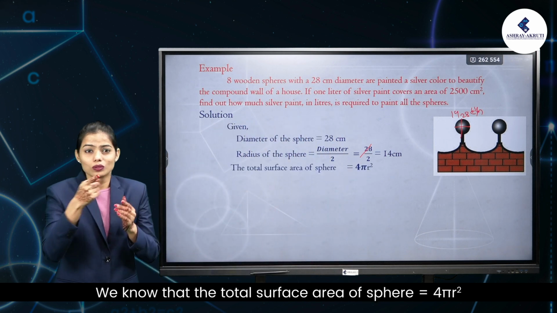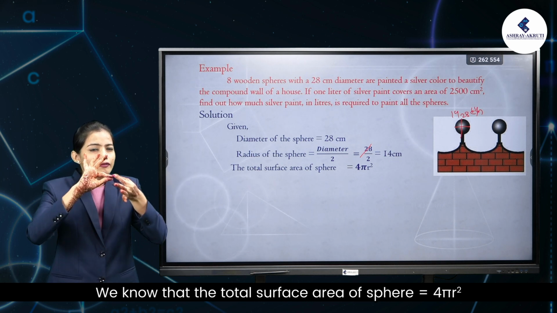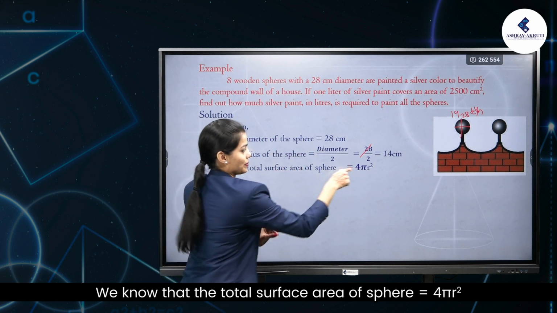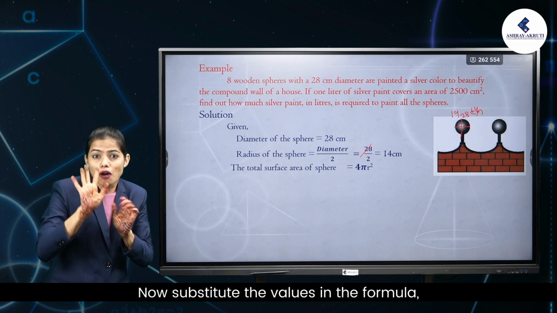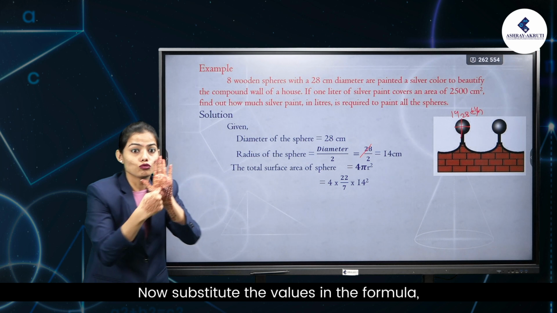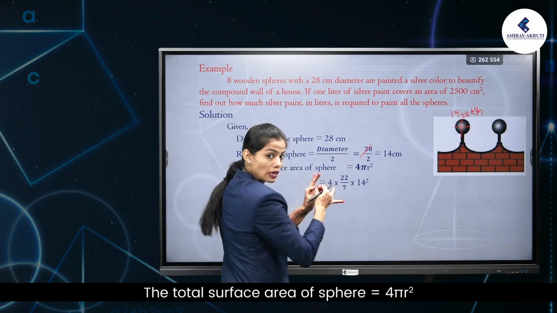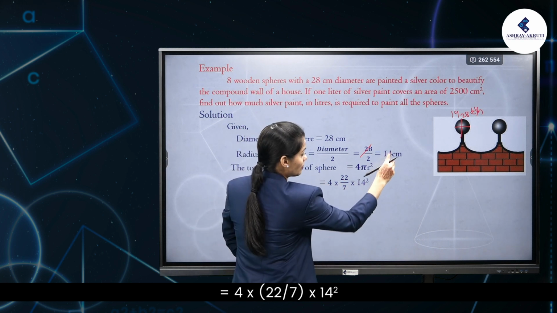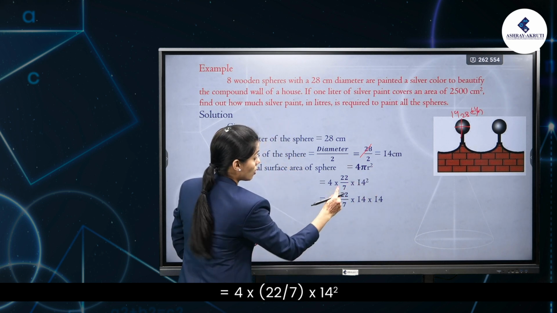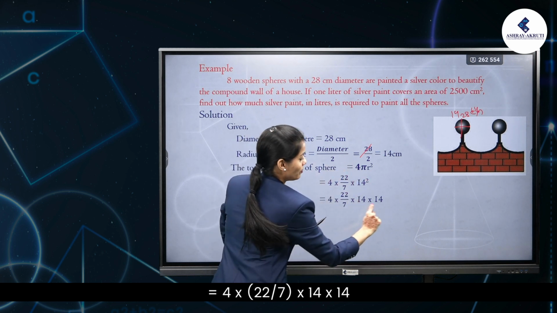We know that the total surface area of sphere is equal to 4 pi r square. Now, substitute the values in the formula. Is equal to 4 pi r square, is equal to 4 into 22 by 7 into 14 square, is equal to 4 into 22 by 7 into 14 into 14